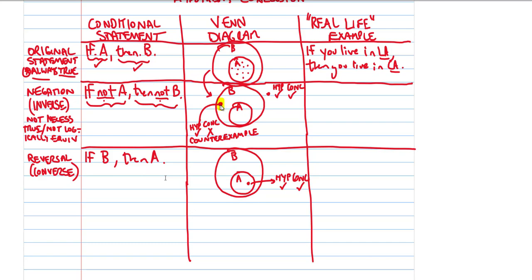But that little guy right there that we used before, he's going to be a problem again, or she, either one. That data point right there, if one does exist, that person will satisfy the hypothesis. That person is a B, so the hypothesis is satisfied. But that person contradicts the conclusion, then A. That person is not an A. That person is outside of the A set. So once again, that point right there serves as a counterexample